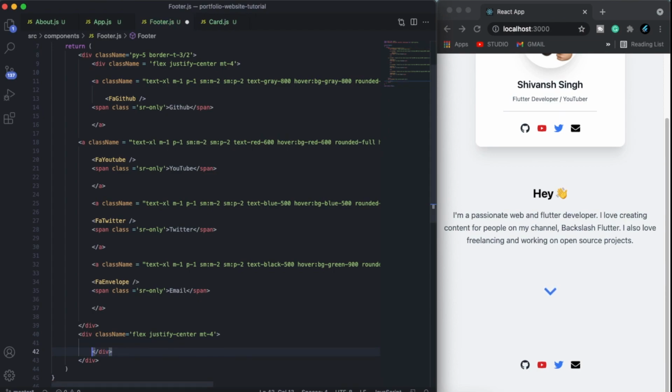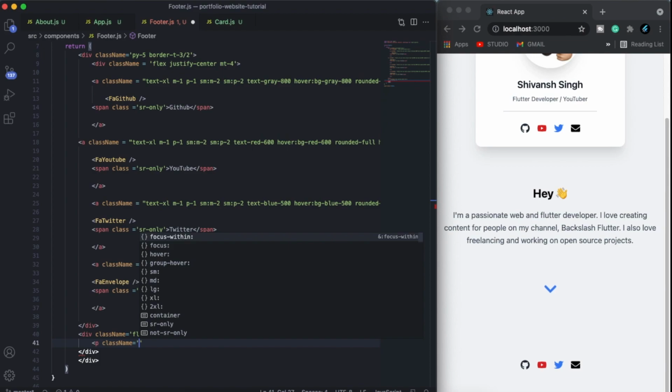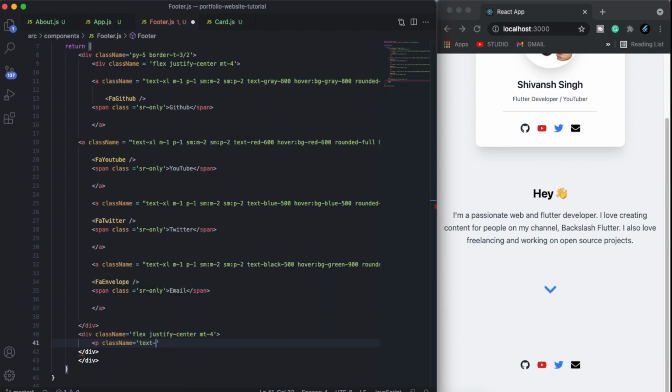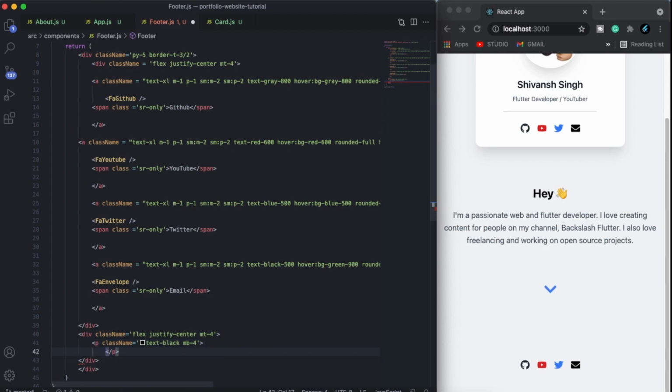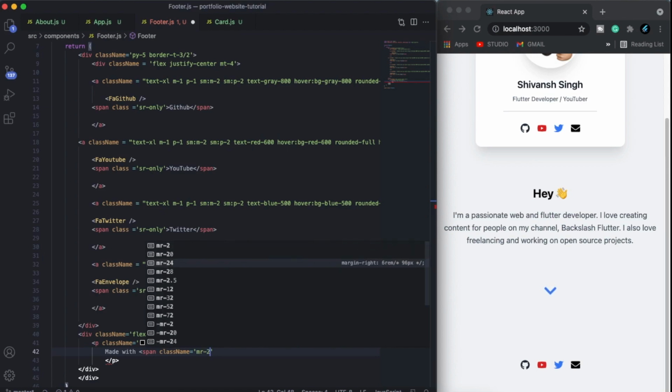And here what we'll be doing is creating a p class, and this will have text black of MB4. MB4 means margin bottom. And here I will write made with, then a span and a class name, and here I can add MR2. MR2 is our margin right, and the role would be image, role would be a link,